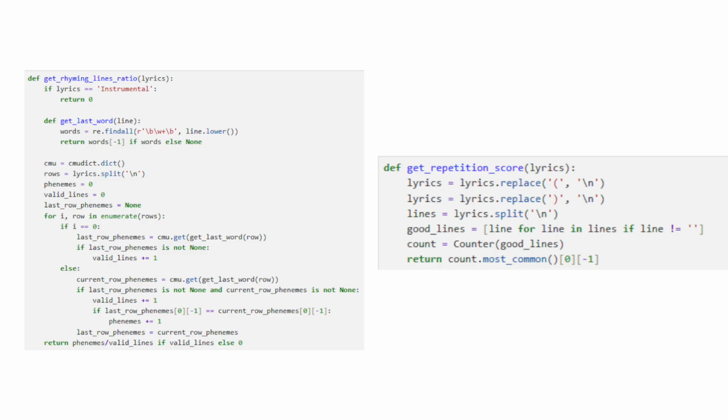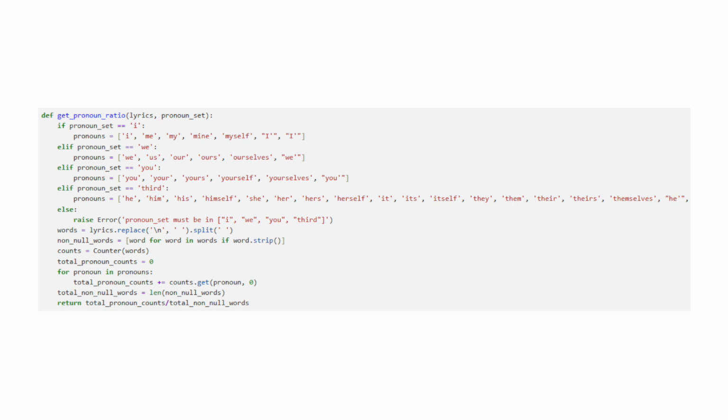Next, I thought about some of the most common features of songs. So think about Mariah Carey's All I Want for Christmas Is You. She is talking about you over and over again, as well as herself. And so I thought it might be interesting to consider the pronouns used. So do people like it when we talk about ourselves, or would they rather be addressed directly? Let's stick I, we, you, he, she, they in the model to find out.